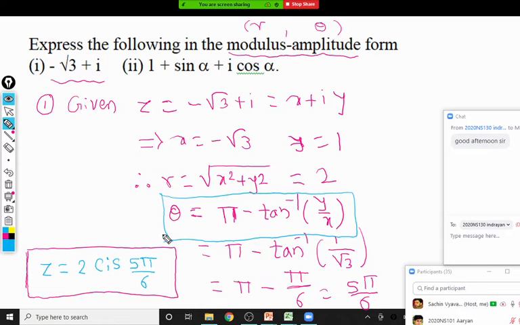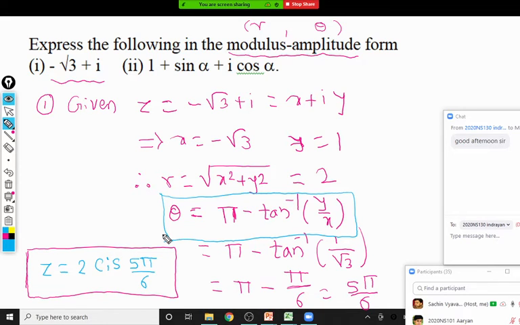If we are in the third quadrant, both x and y are negative, so we should use the formula minus pi plus tan inverse y by x. And lastly, in the fourth quadrant, x is positive and y is negative, so we have minus tan inverse y by x. When you say tan inverse of y upon x, that y and x are absolute values without sign. So you should go through the previous session, and you will come to know why we are using that formula.